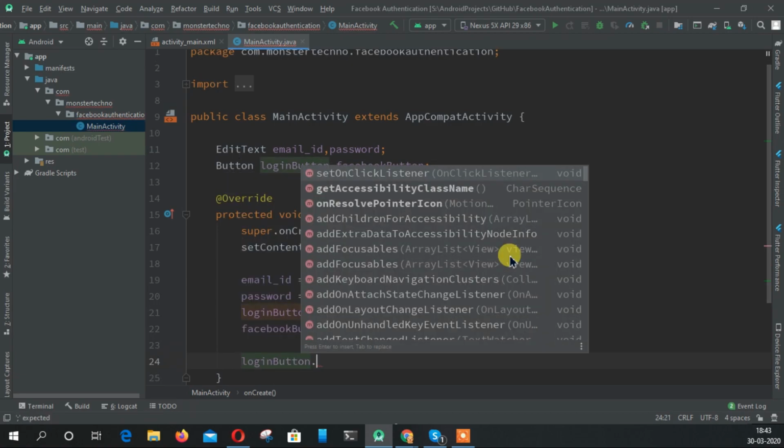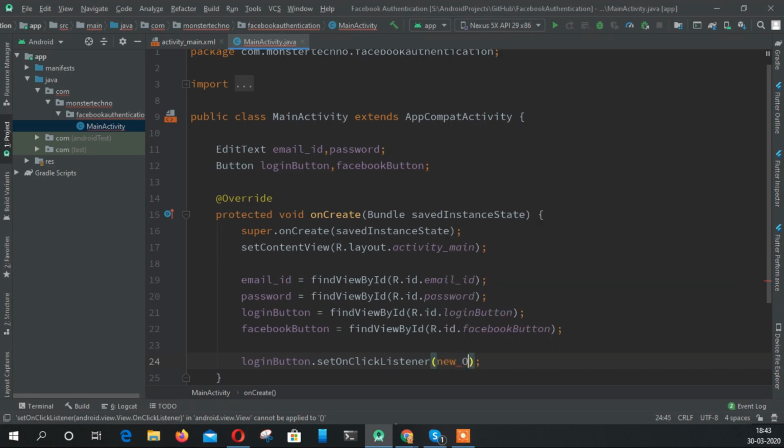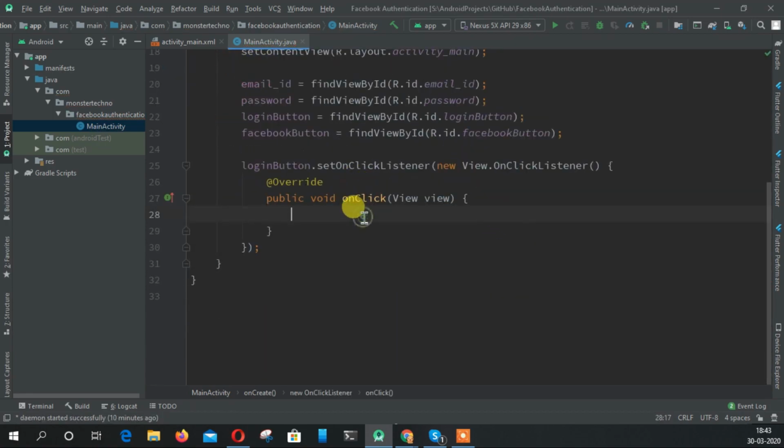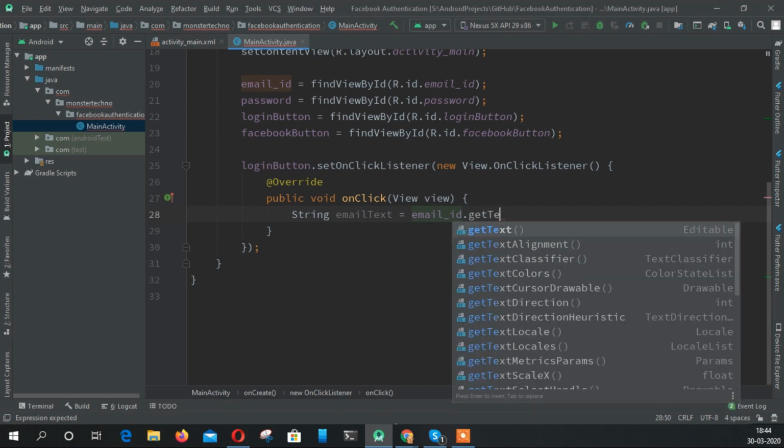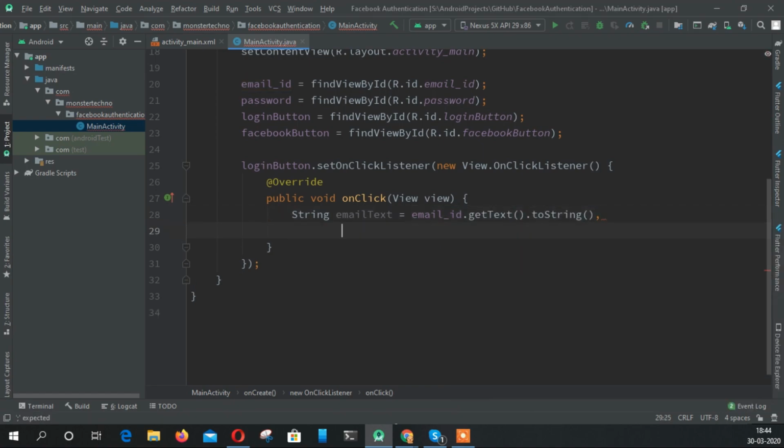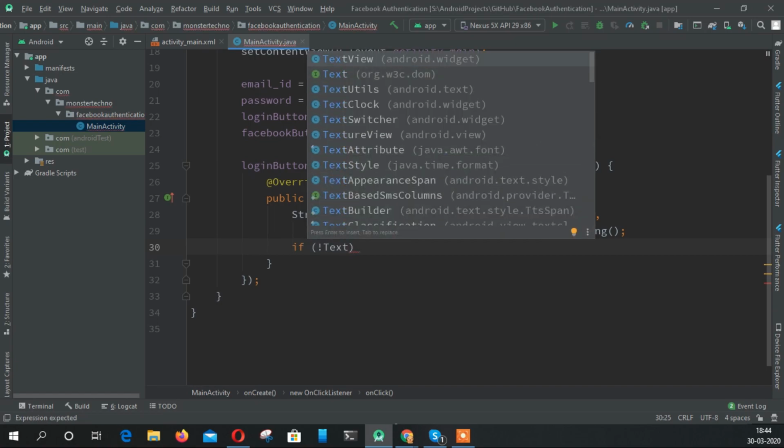So when we click on the login button, we will check the string email equals email text dot get text dot to string, and also we need the password text, password dot get text to string, and here we are just testing if TextUtils